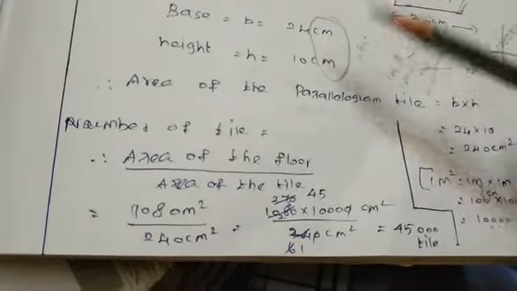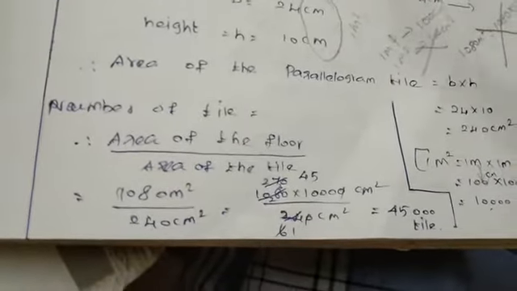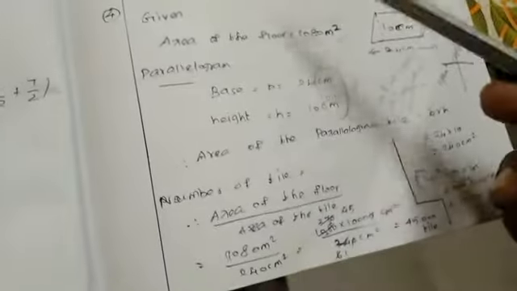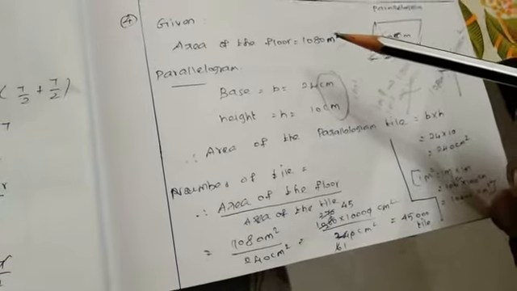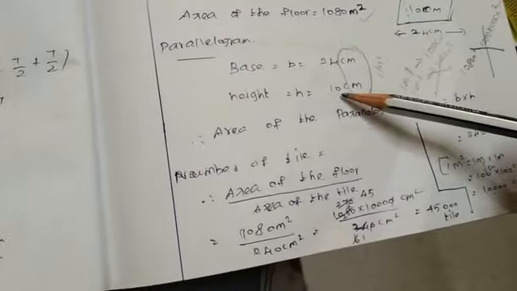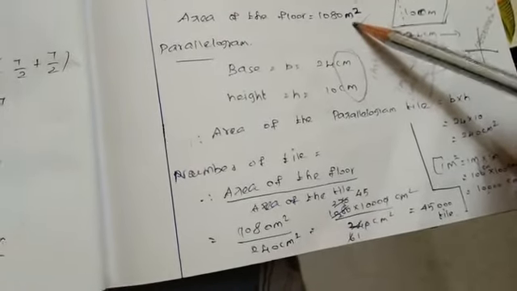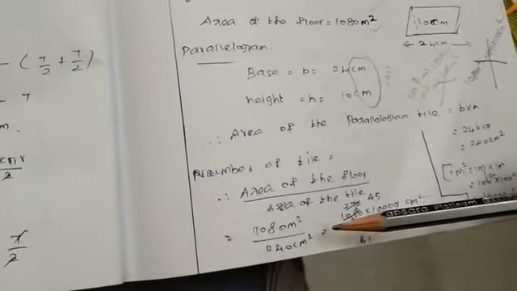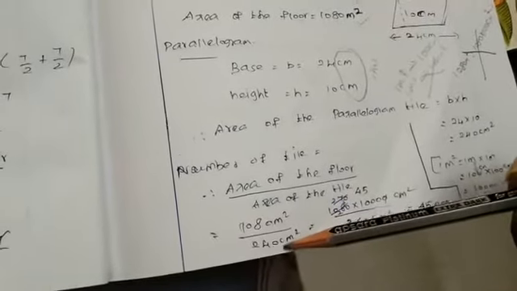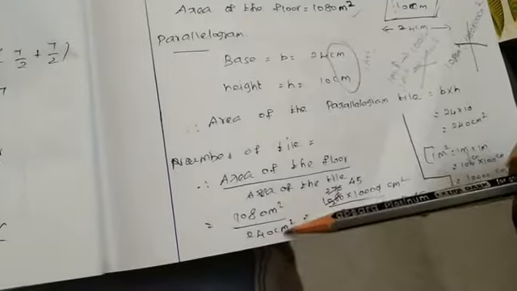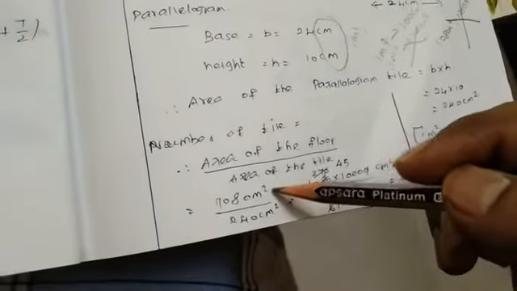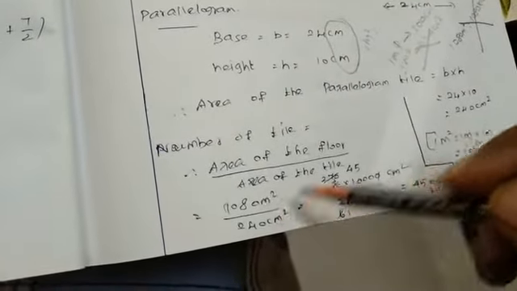Why? Because it's in centimeter, it's in meter, no? So bigger area, right? So the idea of this problem is the area of the floor divided by the area of the parallelogram, but we convert the floor area into centimeter squared area. So multiply by 10,000. Or you can change your centimeter into meter by dividing by 10,000. So 240 divided by 10,000. Both are equal, no? So we can write this 10,000 in the numerator. That's why we can change the bigger dimension into the smaller dimension.